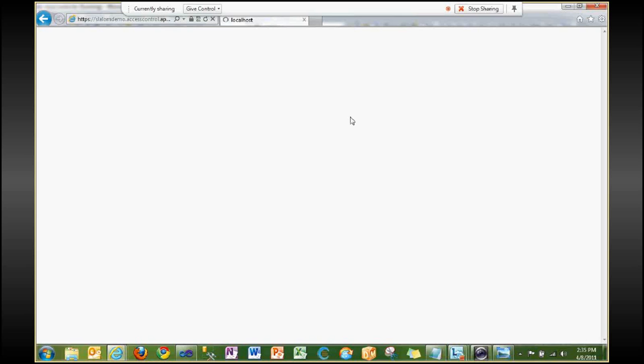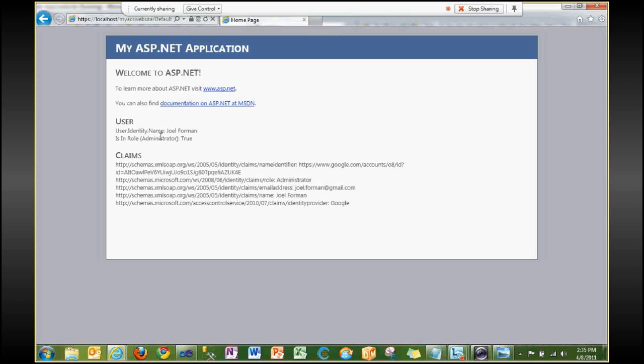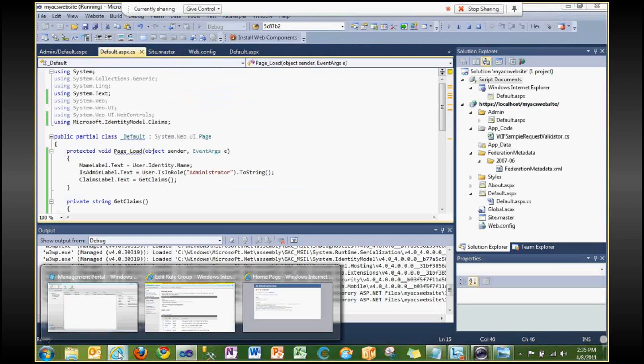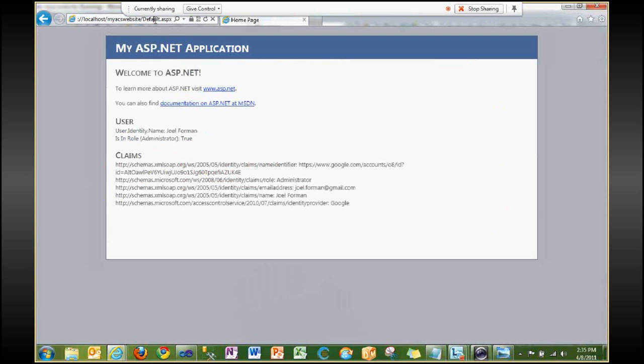So when this comes back, hopefully we'll see that I have a new claim that's added by my custom rule that I created in the ACS of administrator. So I can see that here's Joel Foreman, and there is that new claim. And I am recognized, again, in the administrator role, and I should be able to gain access to